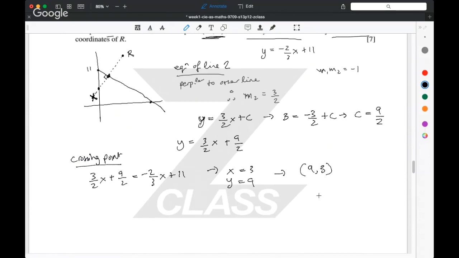Now what do we have? This requires a little bit of conceptual thinking, but if I want to get from here to here, you can think of that as me just adding a vector, which gets me there. Then you can see that adding it again will get me to R. So if I know what vector I've added to get from the original point to the crossing point, I can then just add that vector again to get to R. Well, the vector v is just going to be equal to the crossing point minus the original point. So let's call this A, and let's call this B. To get from A to B,